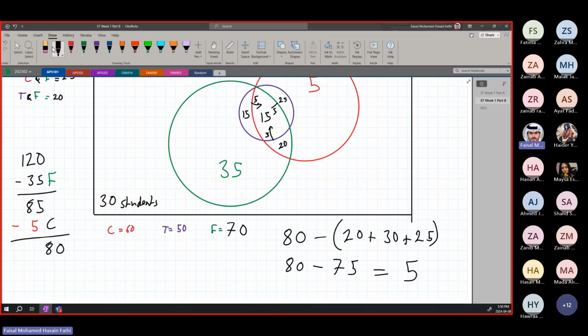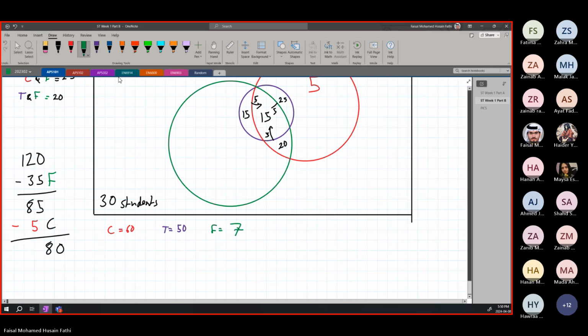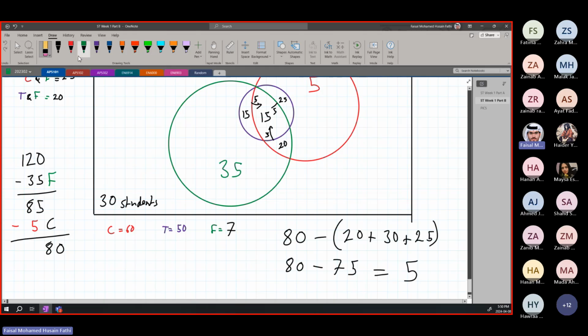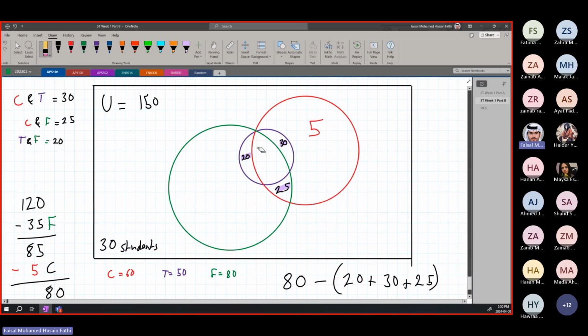So if this is going to be 70, then this is going to be 70. So if I do the math again, let me go back to all the previous steps that I did. Remove this, remove that, remove that, remove this, and then. So let me erase this now. Let me erase this. Sorry about that. Let me fix this very quickly.